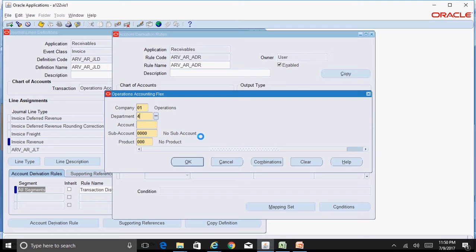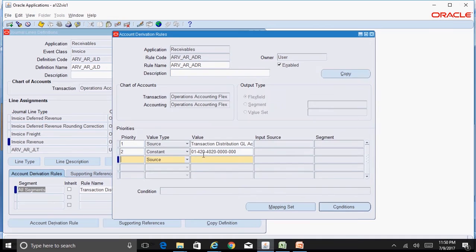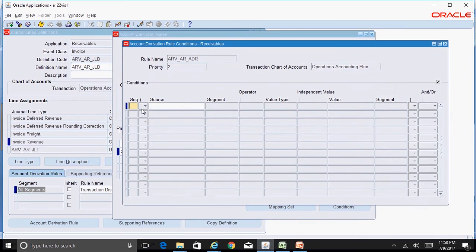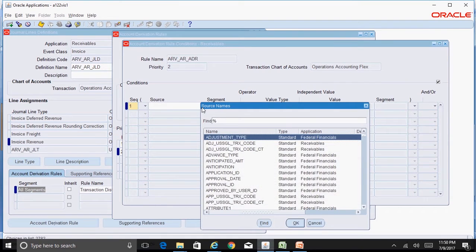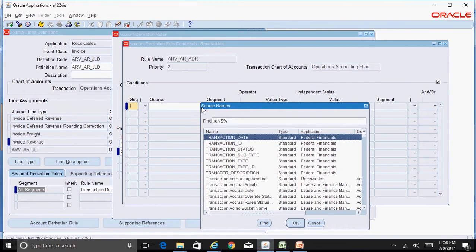I want to use this particular account code combination if my AR transaction line description contains the word IT consulting. So what you need to do is go to Conditions, sequence 1, source is Transaction Line Description.